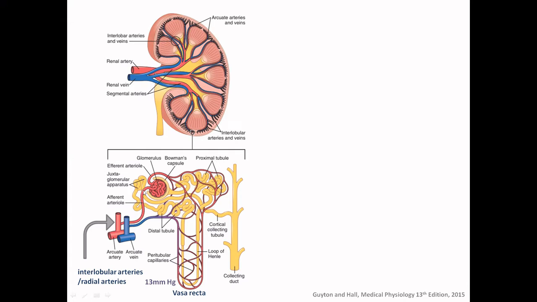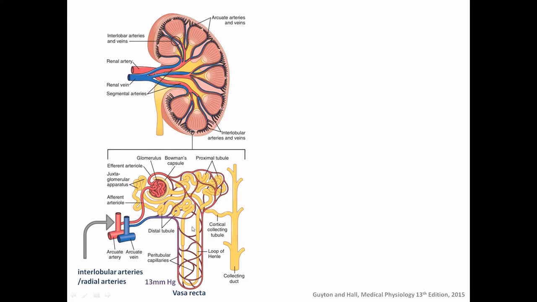From the afferent arteriole, it results in the capillaries in the Bowman capsule. This is called the glomerulus. And that leads to the efferent arterioles. After that, it further branches and is called the peritubular capillaries. And in the case of the juxtamedullary nephrons, that means the loop of Henle, this is the loop of Henle, and that is very deep in the medulla. And in that case, this is called the vasa recta.